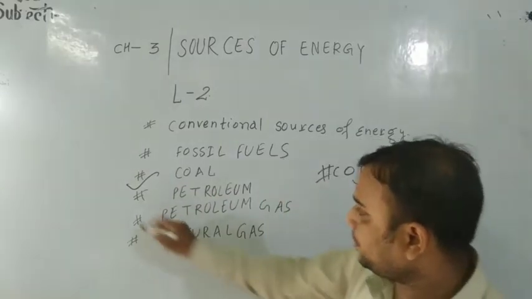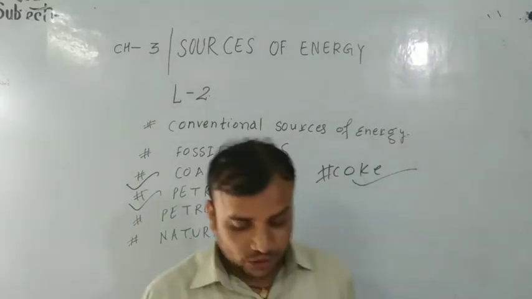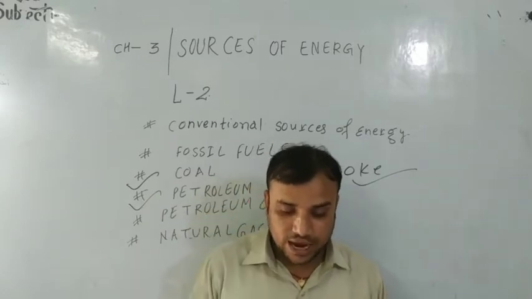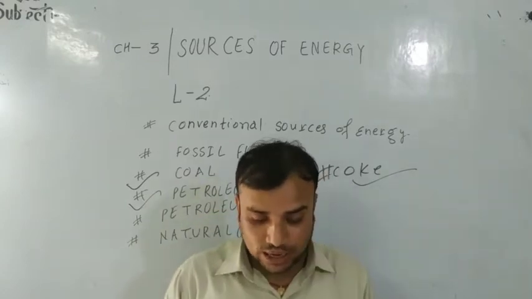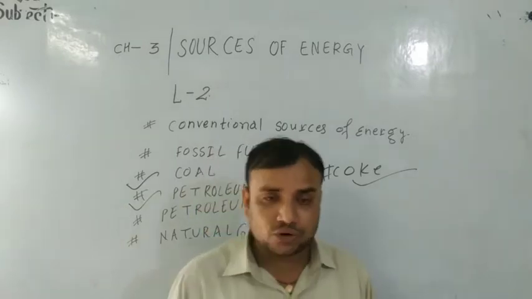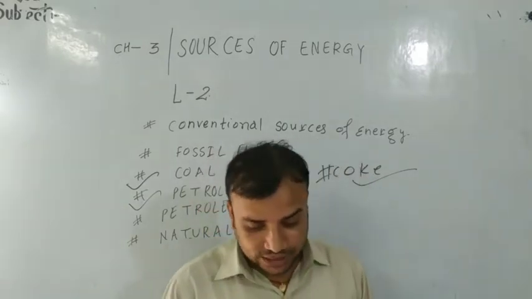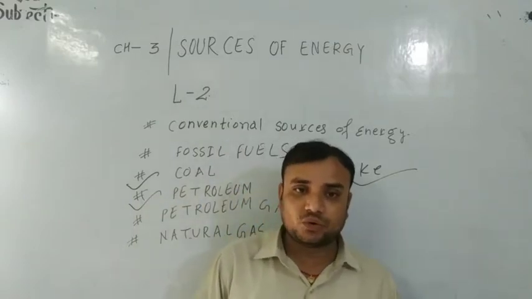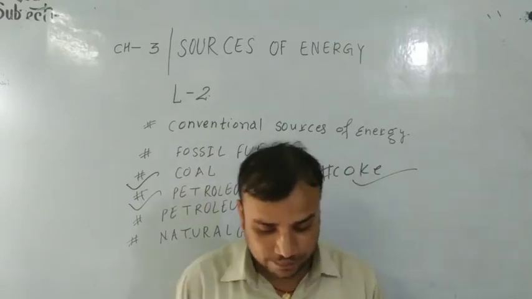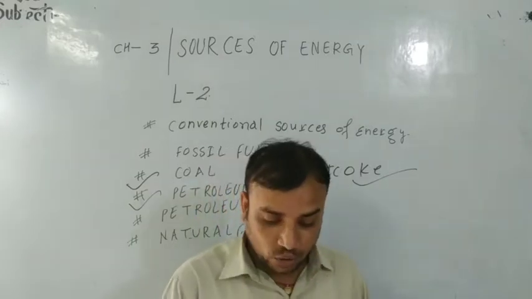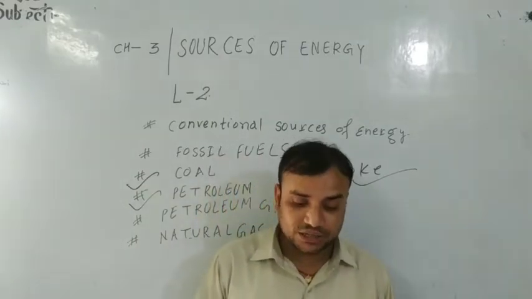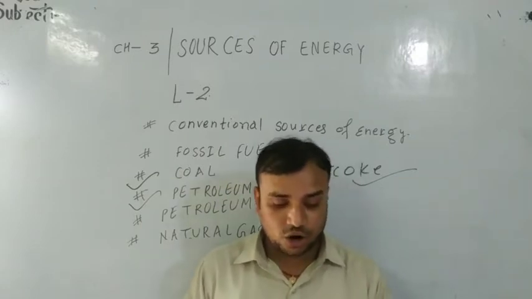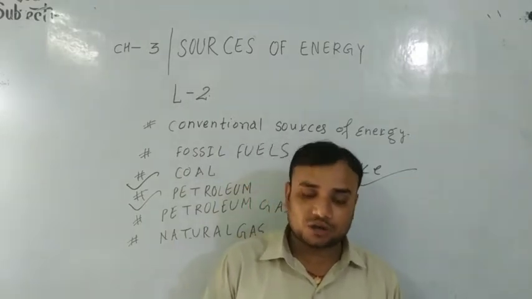And now the next topic is petroleum. What is petroleum? Petroleum is a dark colored, viscous, foul-smelling crude oil. Crude oil means kaccha tel. The name petroleum means rock oil. It is made up of two words, petra and oleum. Petra means rock and oleum means oil. It is called petroleum because it is found under the crust of the earth trapped in rocks.